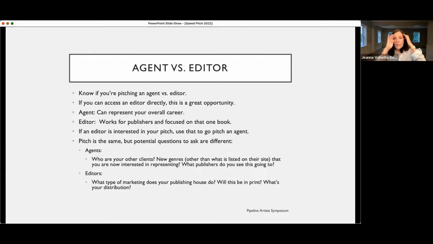Agent versus editor. At these events, most of the time it'll be an agent that you're pitching to, but there are also a handful of editors at these events too. So when you sit down, know whether you're talking to an agent or an editor. But if you can access an editor directly, it's a great opportunity because the agent would pitch an editor. So if you can go right to the editor to pitch them and see if their publishing house would be interested in your work, then you can actually turn that around and say,